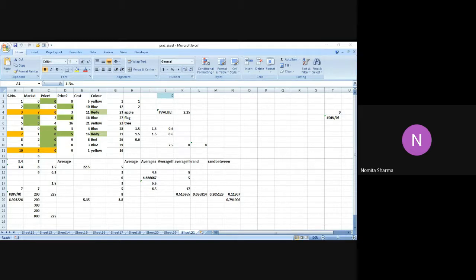For example, if we have the number 23.7829 and we want to round that value to two decimal places, then we simply write equal to ROUND, bracket, this number, comma, and then we mention the number of digits for the decimal places. So if I write ROUND, number, comma 2, it is going to return the answer as 23.78.